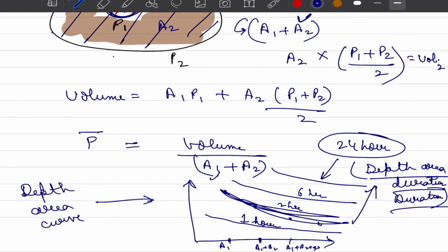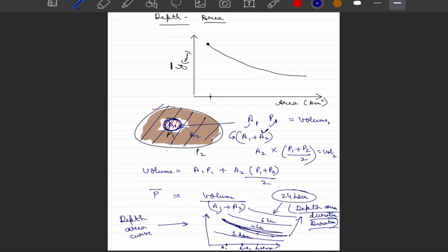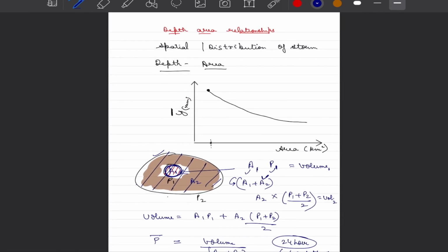So we will also extend this discussion of depth area curves, and we will design another similar looking curves which we call intensity duration frequency curves or depth duration frequency curves, which again are very relevant to civil engineering. But right now let us look into one specific example of a DA curve. When we account for duration as well as depth, it becomes a DAD curve. When we are just talking about depth and area, it becomes a DA curve.